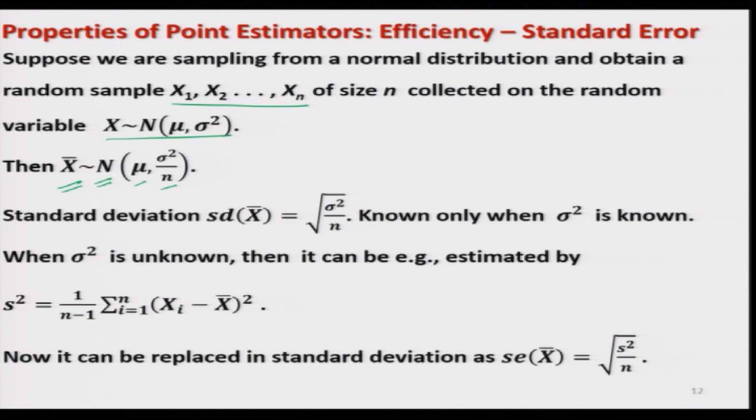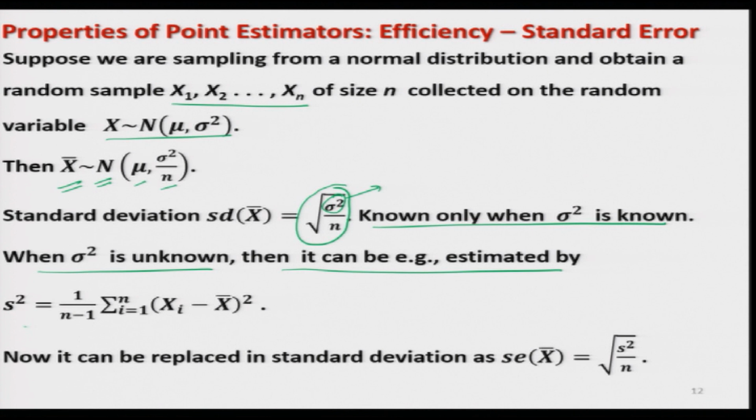Now, the standard deviation of x bar is defined as the square root of sigma square upon n. You can see that there is a quantity sigma square involved. This standard deviation is going to be known only when sigma square is known to us, and in practice usually it will not be known, because we will be working only on the basis of a random sample. So, one option is that when sigma square is unknown, it can be estimated,